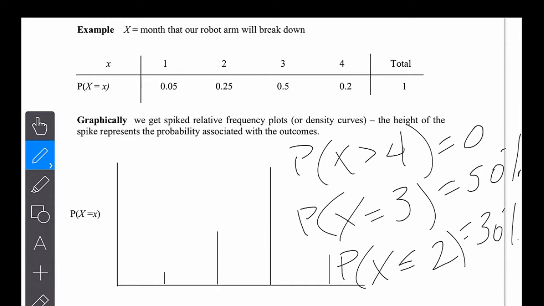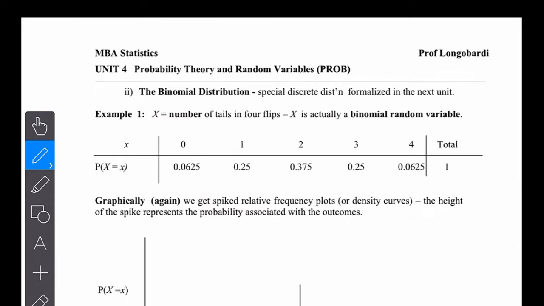Okay, let's go to the next one. So the other kind of discrete distribution is known as the binomial distribution. And we have a whole unit on binomial distribution that you can practice when we get there. I'm just going to do an introduction here, and then we're going to get more in detail actually exploiting the pattern that is very unique to this kind of discrete distribution. We're going to exploit the pattern, and I'm going to present a formula that's going to help you calculate probabilities, and which are used